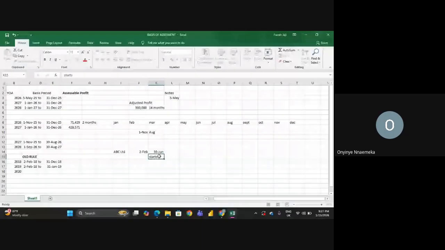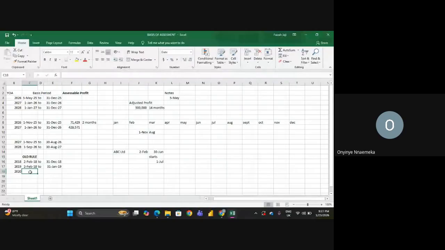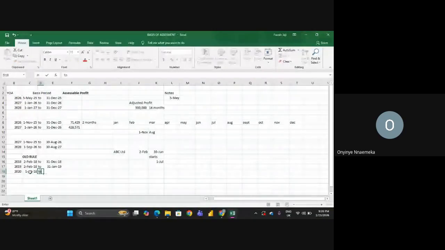If the accounting year ends by June 30, it starts by when? July 1st. Do you get it? Which means if you are following PYB, preceding year basis, no matter that our year is 2020, the preceding year is now going to be July 1,